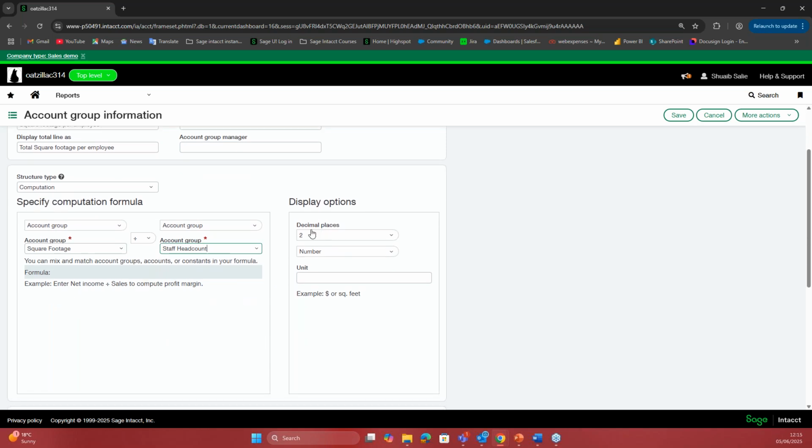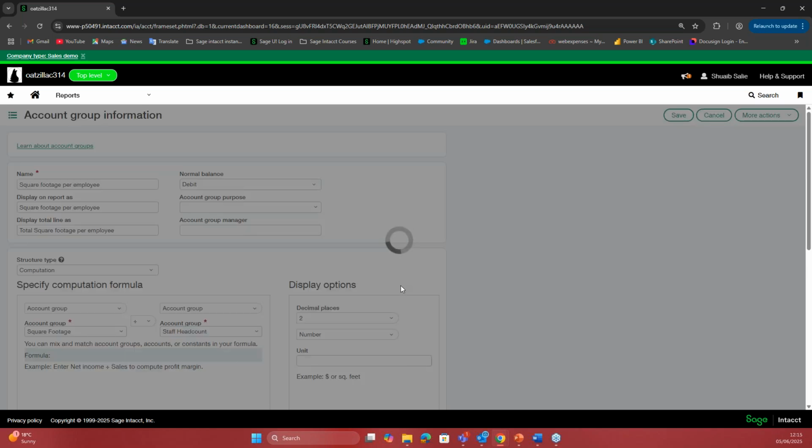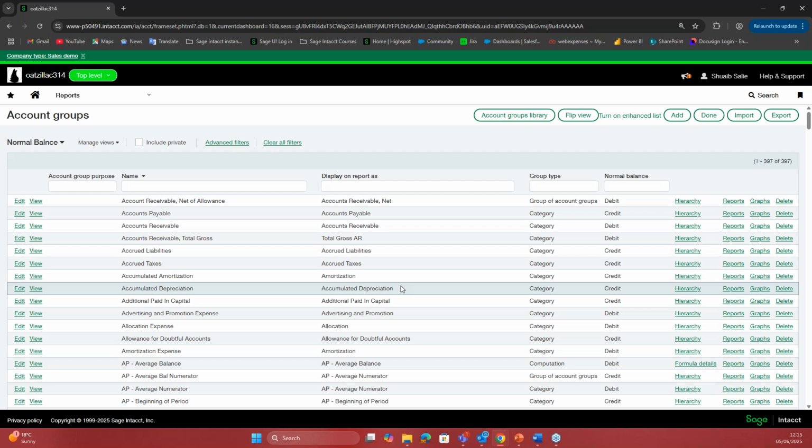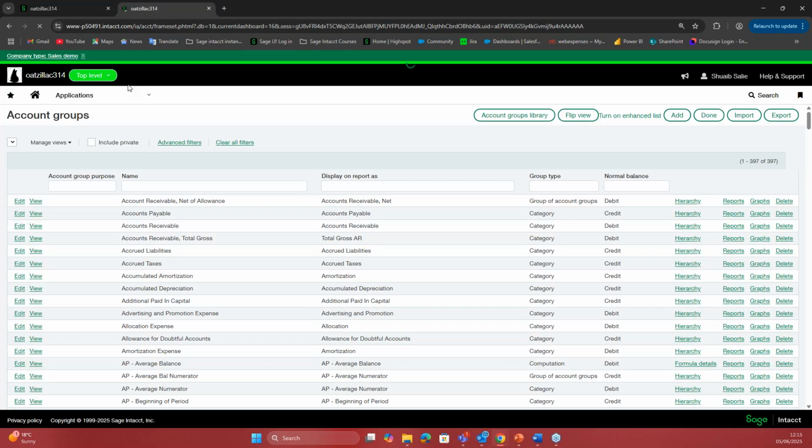On the right hand side you can round it, so you can see you've got decimal places. Do you want to show it as a number or percentage, and then what do you want your unit to display? Click on save, and now we've got 3 different account groups that are ready to be added to a report. So I'm just going to duplicate my tab,